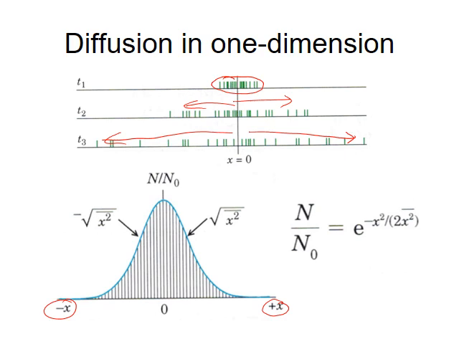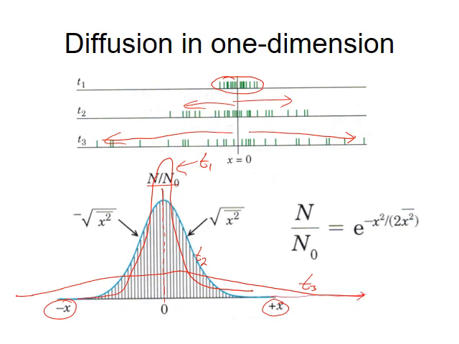And so if we were to draw the sort of Gaussian distribution, if this might be for T2, then for T1, you might have a Gaussian distribution that is much tighter, much taller in the middle, but not as spread out. Sorry, my drawing skills are apparently not great this evening. And then if you wait for a longer period of time, the number of particles at each position would decrease, but you would get more and more particles that are further away from the center. So that's the statistical